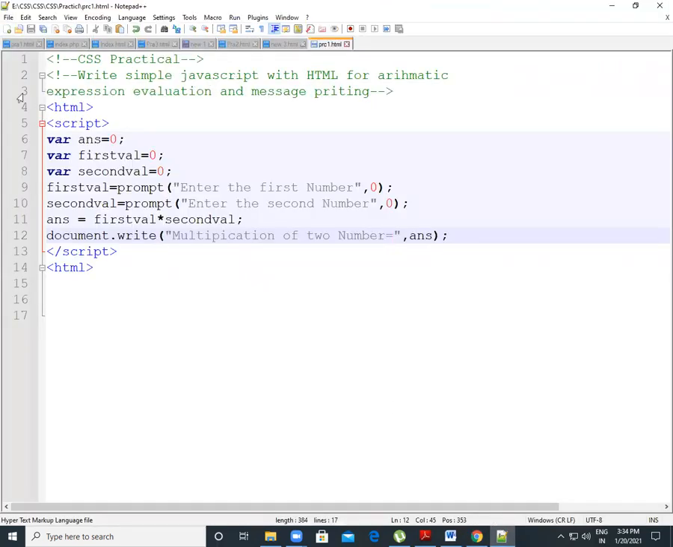We will stop here because the first practical is completed. In this practical, we get two numbers from the user, multiply them, and print the result in our message box. You can also declare the two numbers in the code, but here we get the values from the user. Okay, so let's stop today's lecture. Next lecture